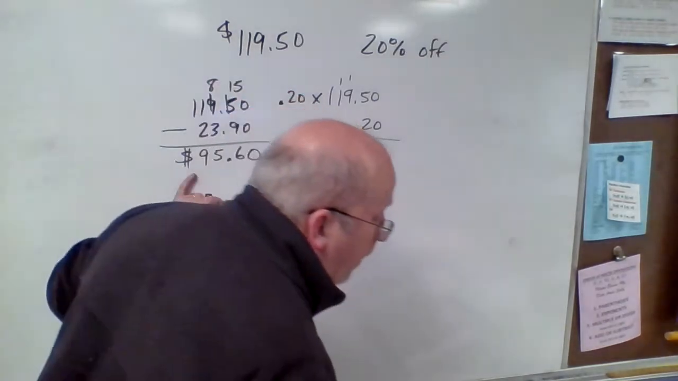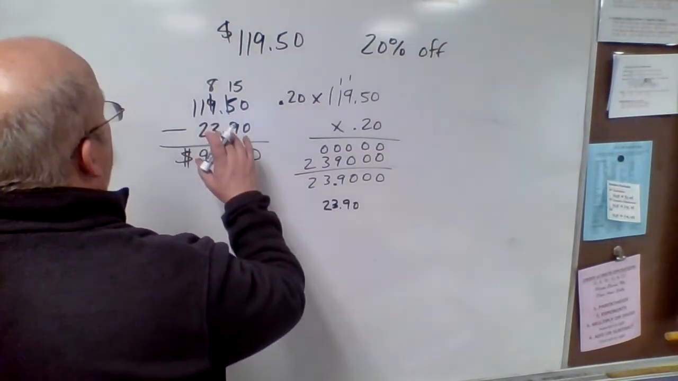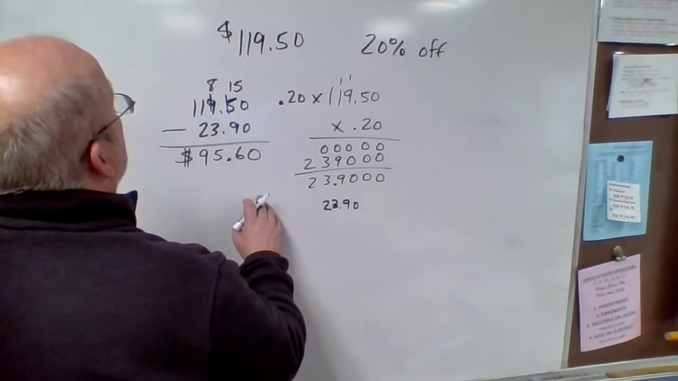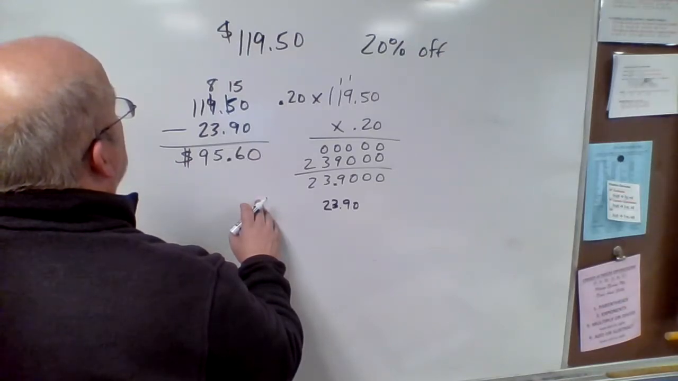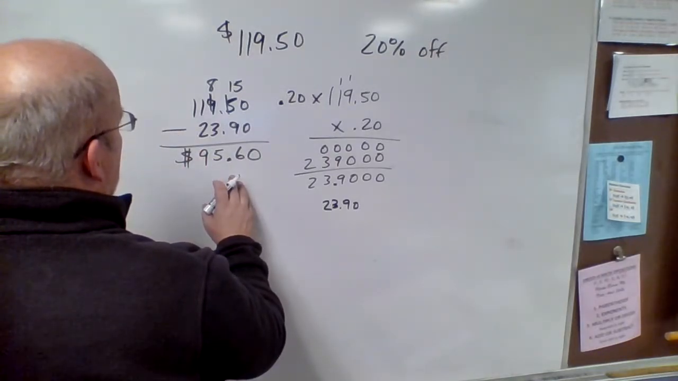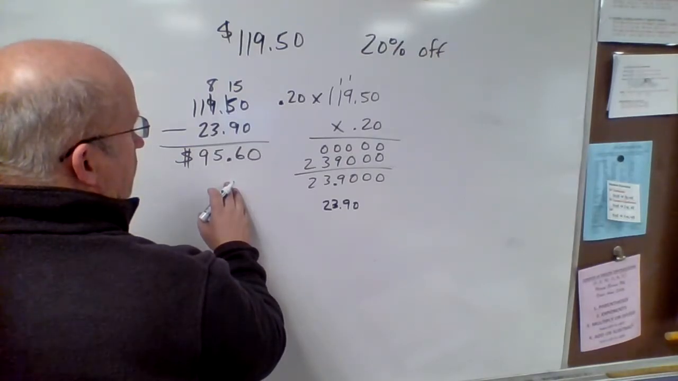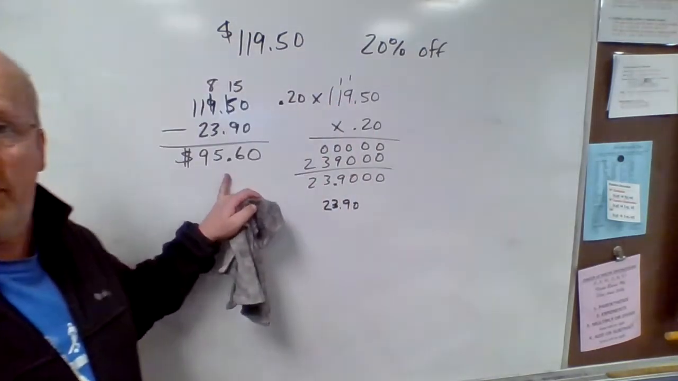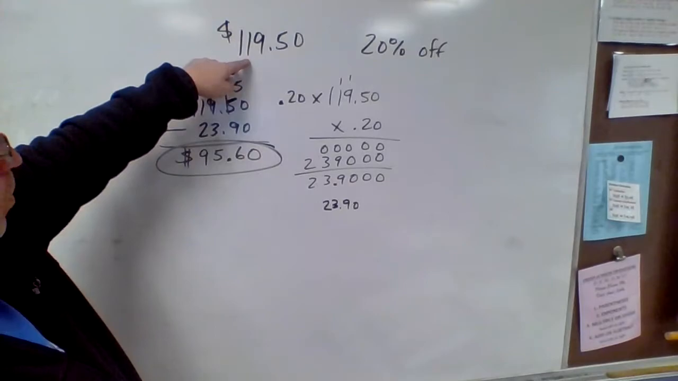And the price of the skateboard ends up being, oh goodness, what am I doing? I'm sorry, this is not right. The price of the skateboard ends up being $95.60. I'm sorry, that's it right there. So 20% off the price of this skateboard would be